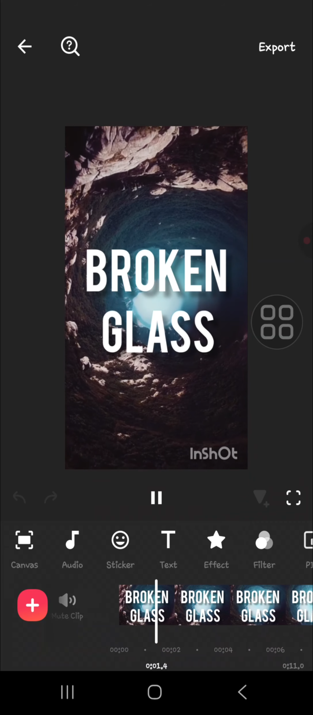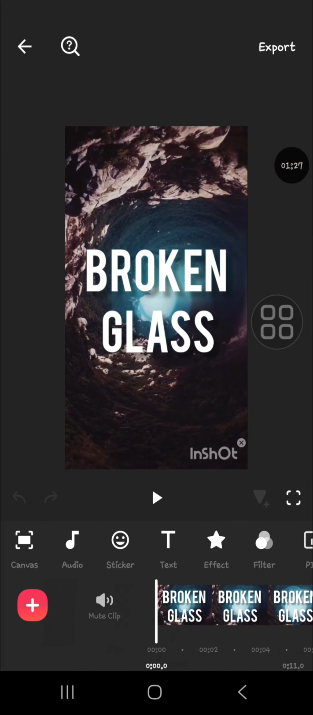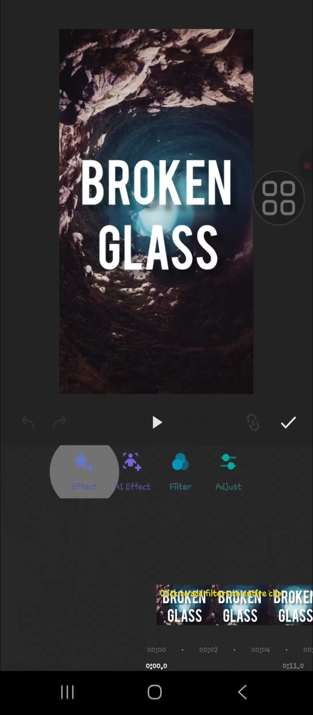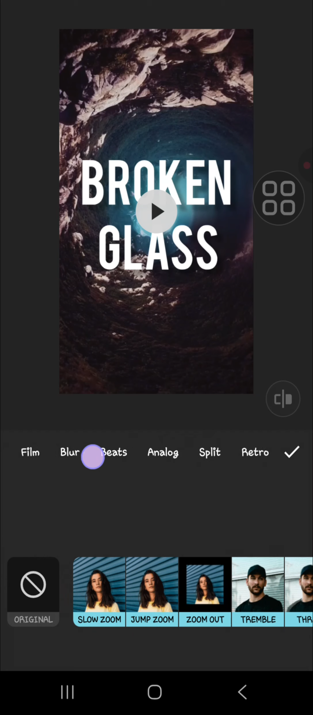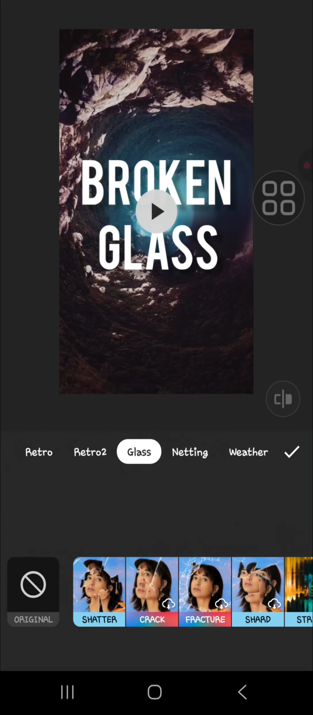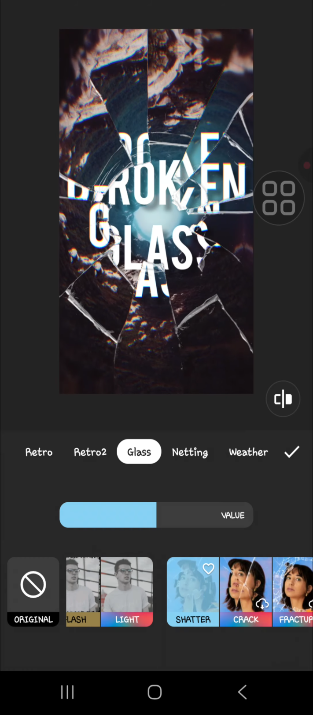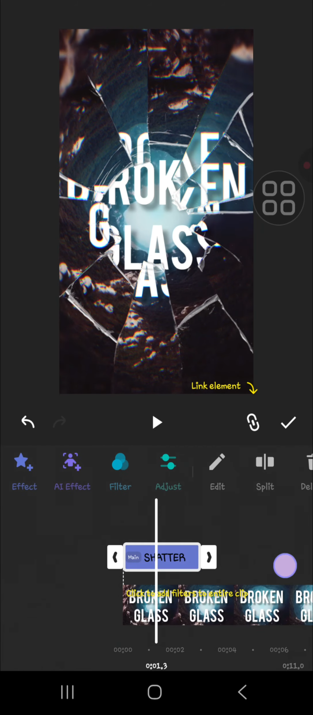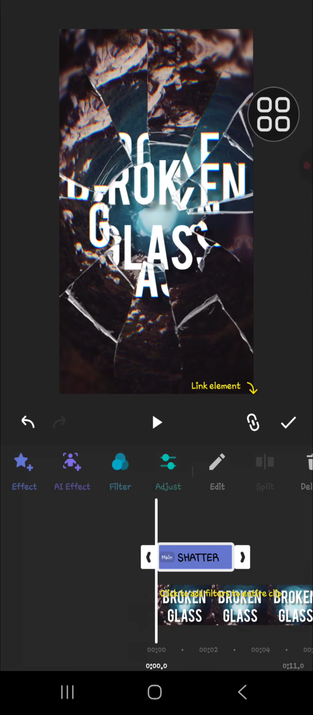Okay, and then I'm going to add broken glass effect. We can go to the effect menu, select effect, and then you're going to go to the glass category, and you can choose this shatter effect. Okay, and then you can click on the check mark, and then the second one, you're going to add flutter